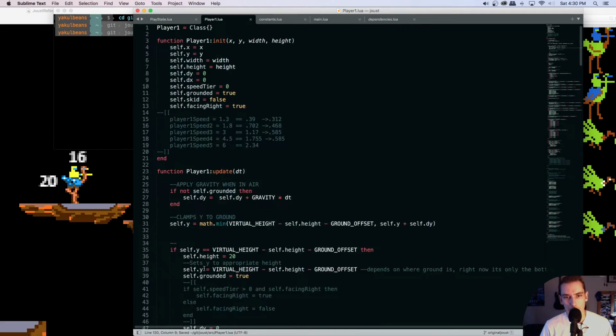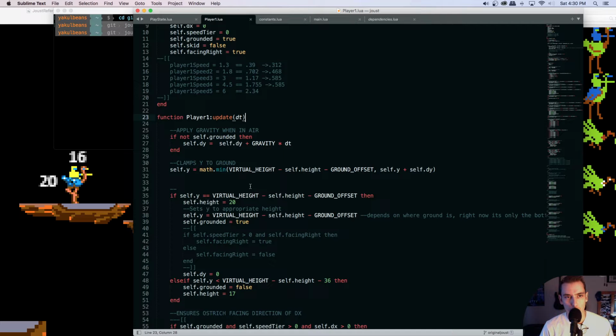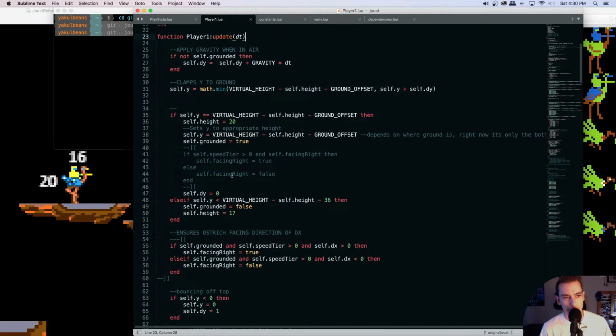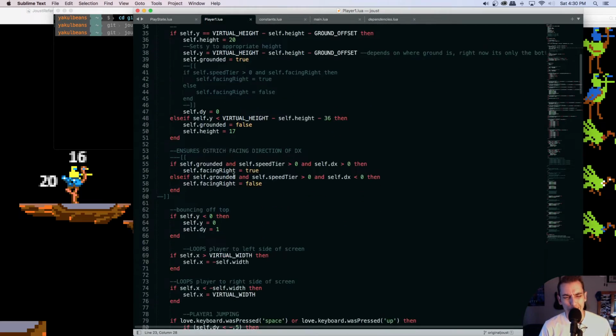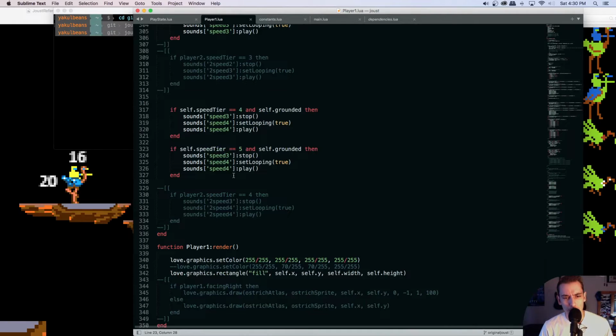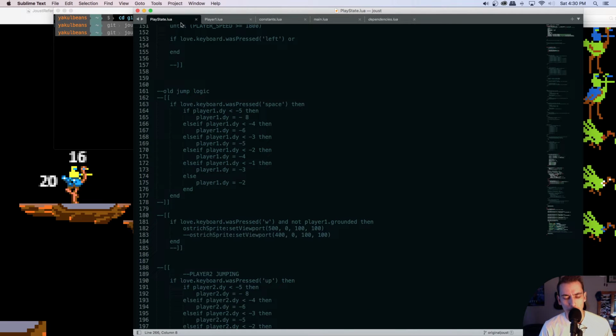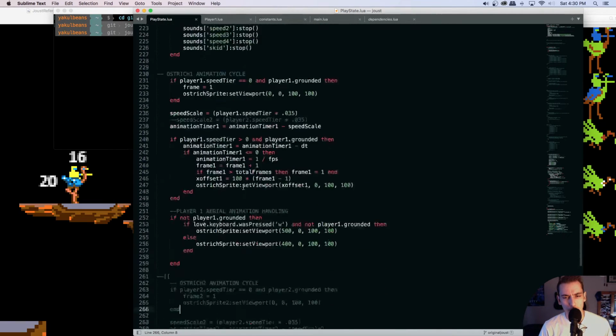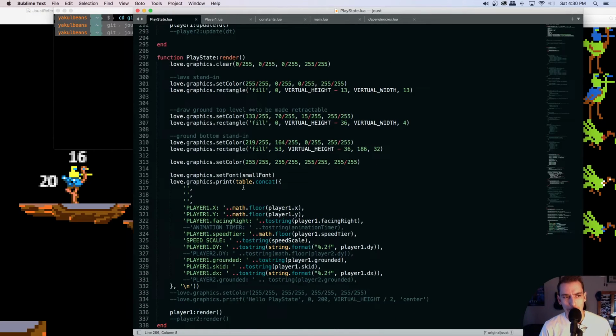I was thinking about this a little earlier. I was thinking maybe we can use dt of some sort. dt stands for delta time, which is the time elapsed since the last frame. And in my understanding, it should be pretty constant, like a value around 1 or something. So let me see if